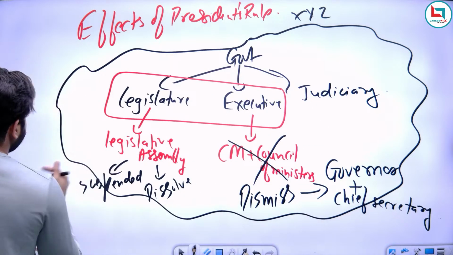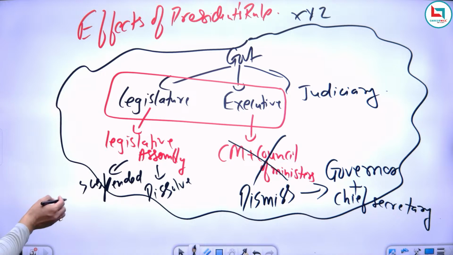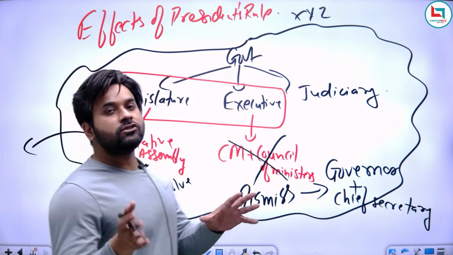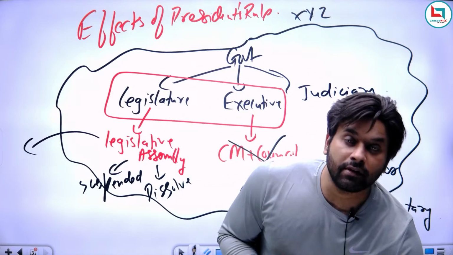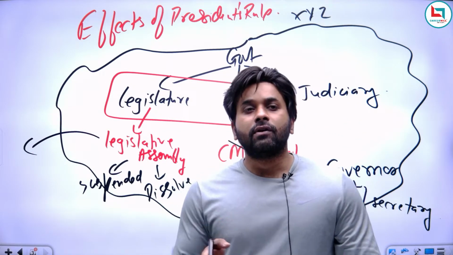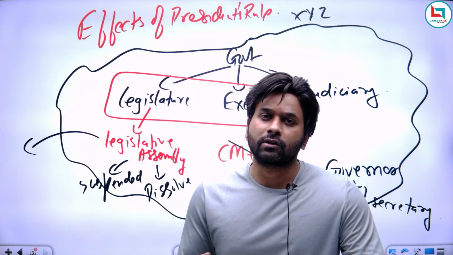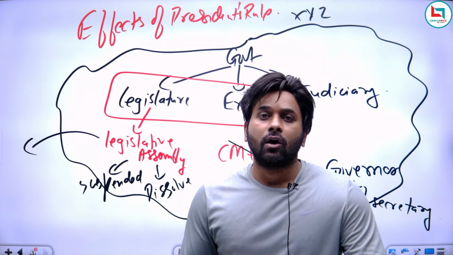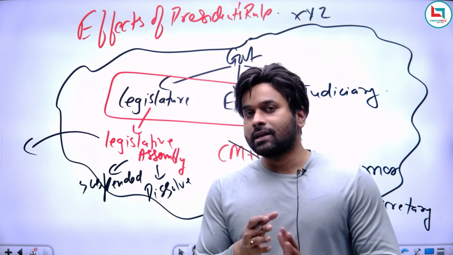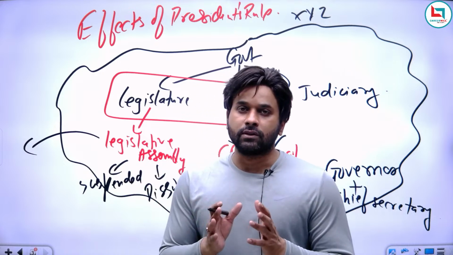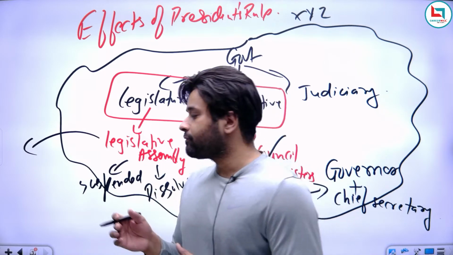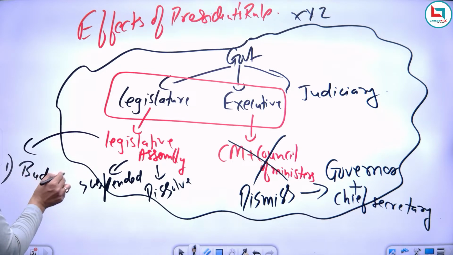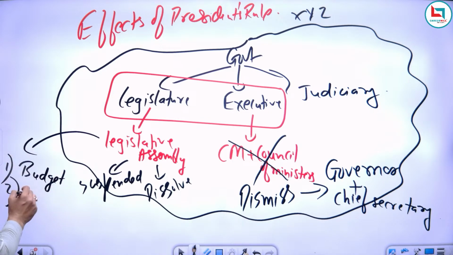In both the cases, the function of legislative assembly is to be performed by... So remember, what is the function of legislative assembly in general? I'm asking, in general, what is the function of legislative assembly? The answer is simple. The function of legislative assembly is to make laws for the state. Not only laws, to pass budget for the state is also a function of the legislative assembly. So we should understand there are two primary jobs with the legislative assembly. The first job is to enact budget for the state, and the second job is to make laws for the